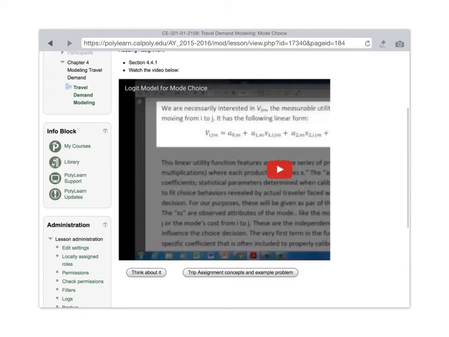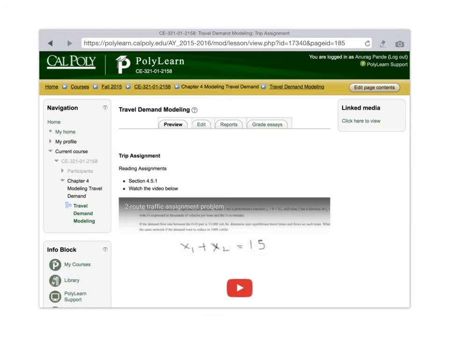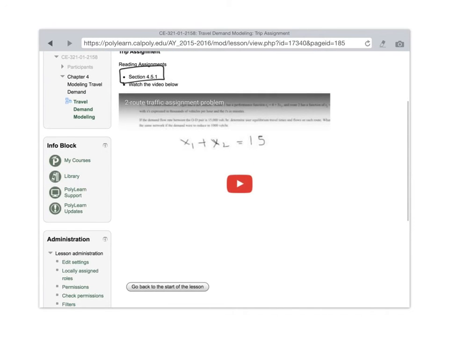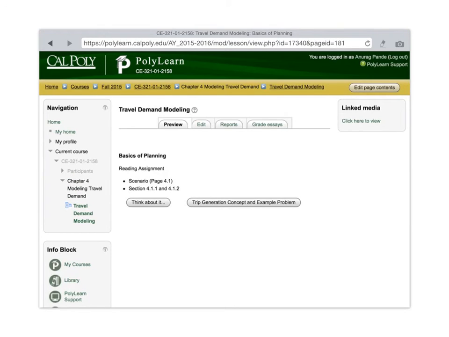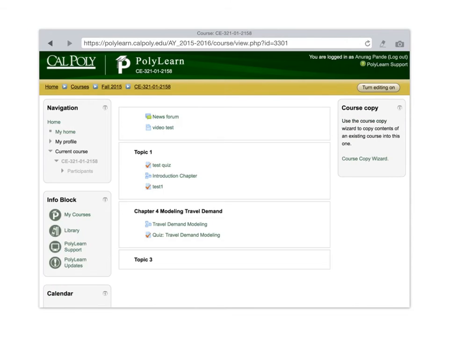And then the last part is the trip assignment concepts and example problem. And again, there is a reading assignment, 4.5.1, that they need to read through. And then there is an example problem associated with that, which is solved by me in this example as well. Once they are done with this, they can go back to the start of the lesson, review any content they would like,